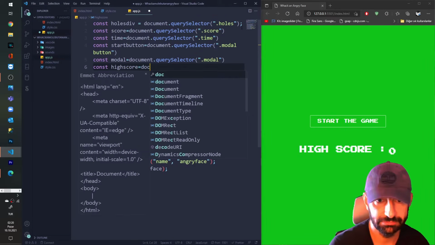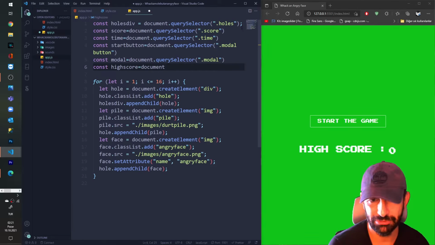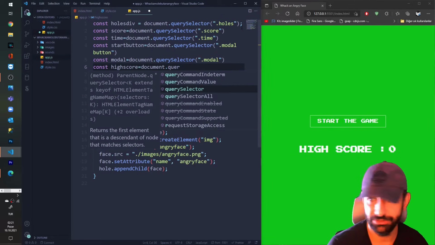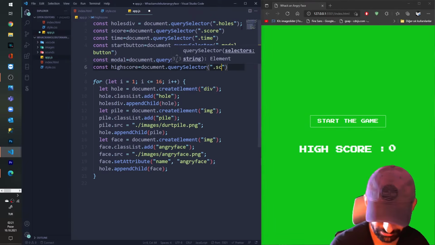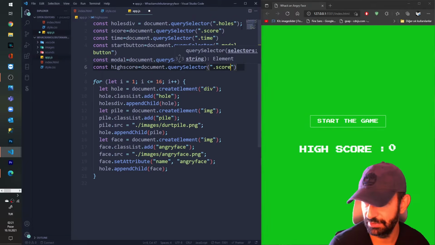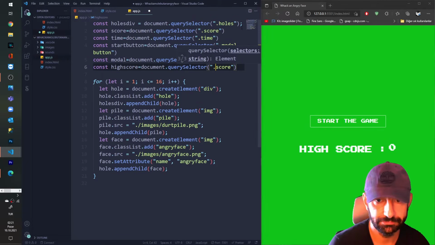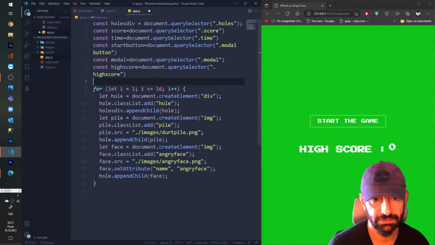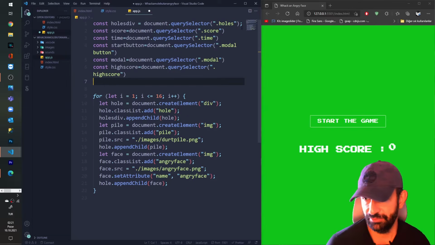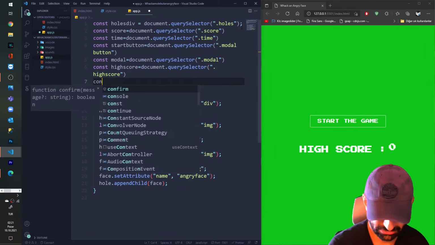Okay, what's happening? Why I put also indication marks? Query selector. I'm grabbing the high score again. Yeah, high score div. High score div. And after that, const game over.